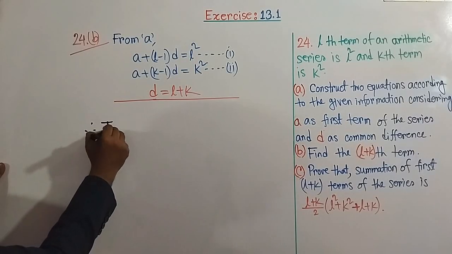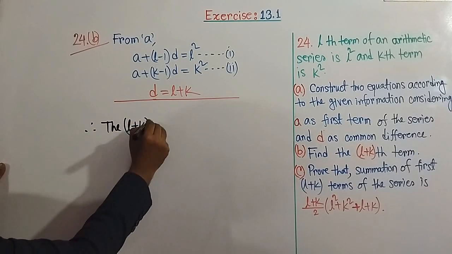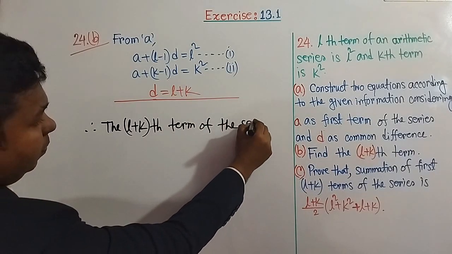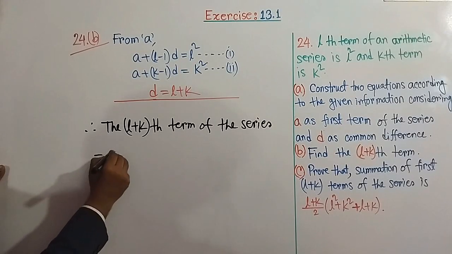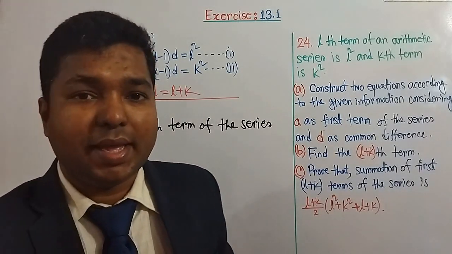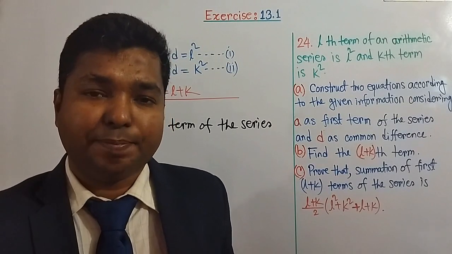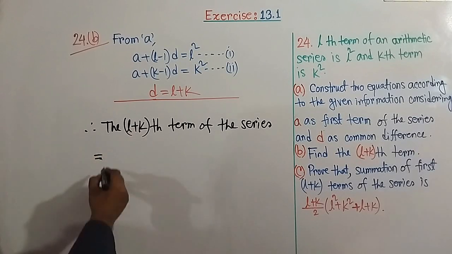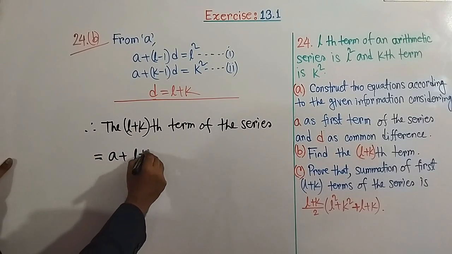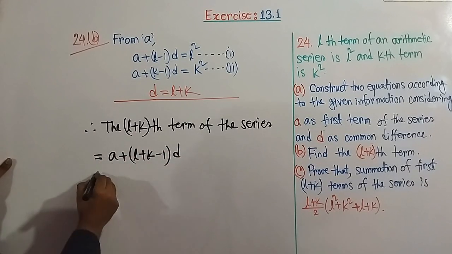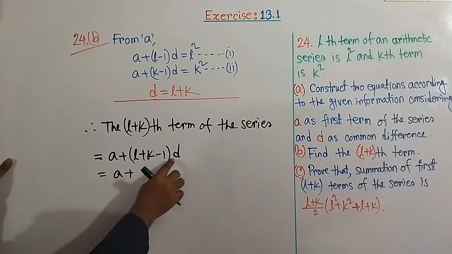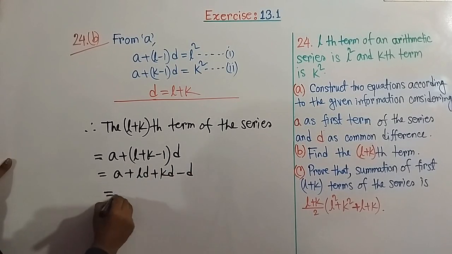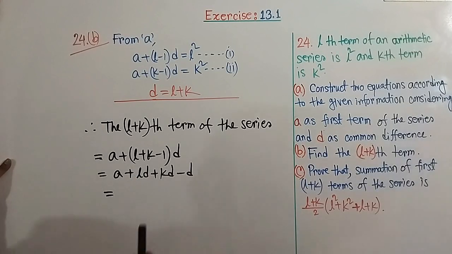So the L plus k term of the series equals, here you all know the formula, the nth term of an arithmetic series is a plus n minus 1 into d. Here the number of terms is L plus k, so a plus L plus k minus 1 into d. So a plus, multiplying this, Ld plus kd minus d equals,